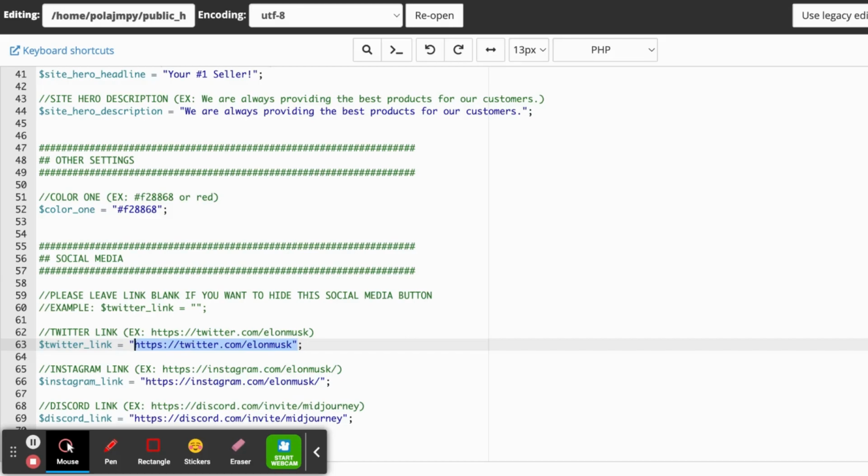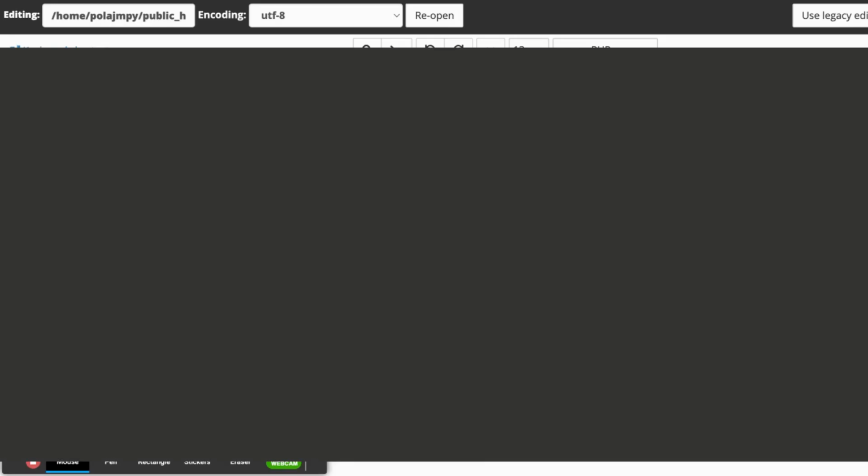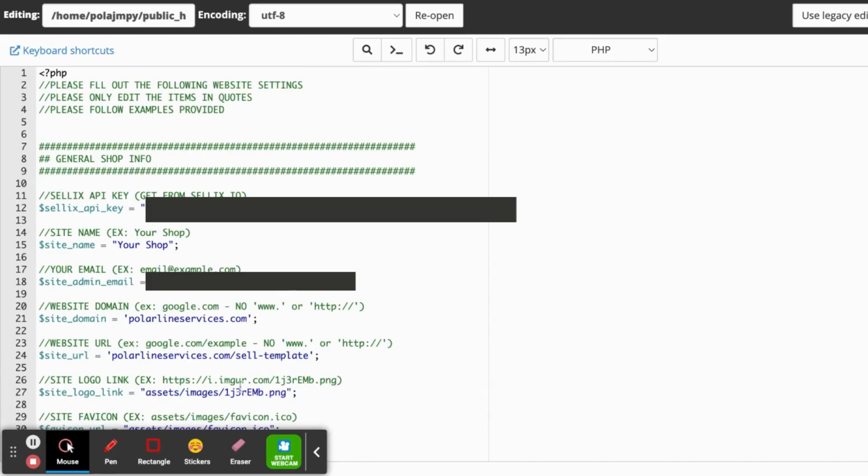However, if you don't, for example, you don't want to use Twitter or you don't want to use Instagram, you could just delete it and leave it blank. Just leave the quotes there, and that will be sufficient, and it won't show that button anymore. Here are all the settings. And once you update all these and your Sellix API key, click Save, and then we'll go back to the